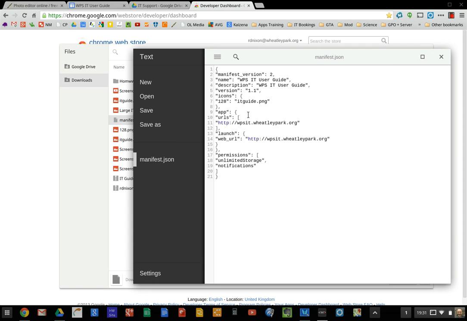And the bits you need to change are the name and the description. In this case I've got both of them being the same because it's kind of self-explanatory. You have a version number. Now when you modify your app you'll need to change the version number. It'll complain if you don't change the version number. You'll need to specify a